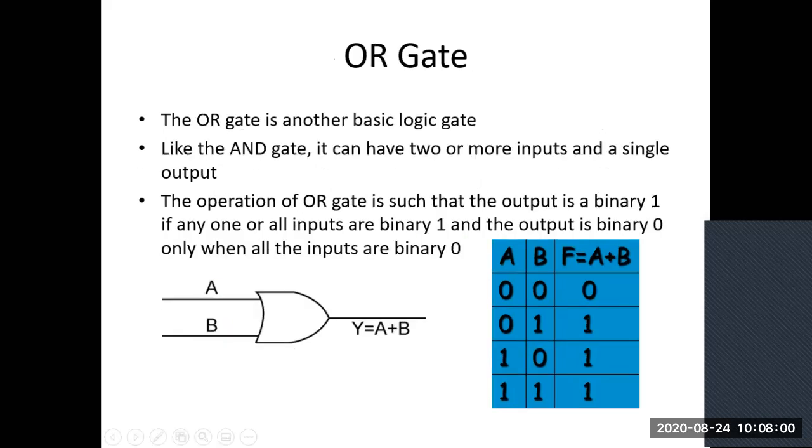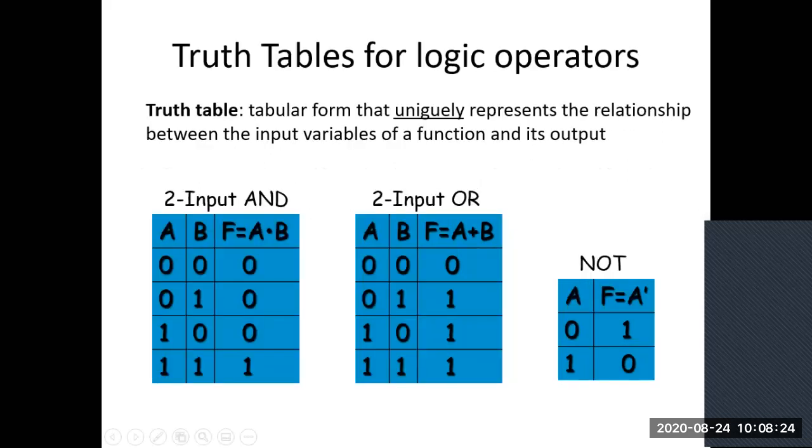Now we go in a similar way for the OR gate, which is also a binary gate. If you give A and B as input and your function is represented with A plus B, and you take all the possible combinations in the form of a truth table, you will find that whenever either A or B is 1, your output will be 1. When you compare these three tables together, you can see that whenever you want to invert your input at the output side, you use the NOT gate.